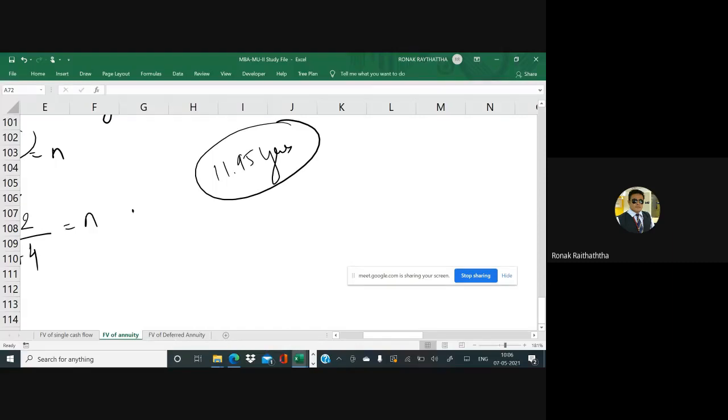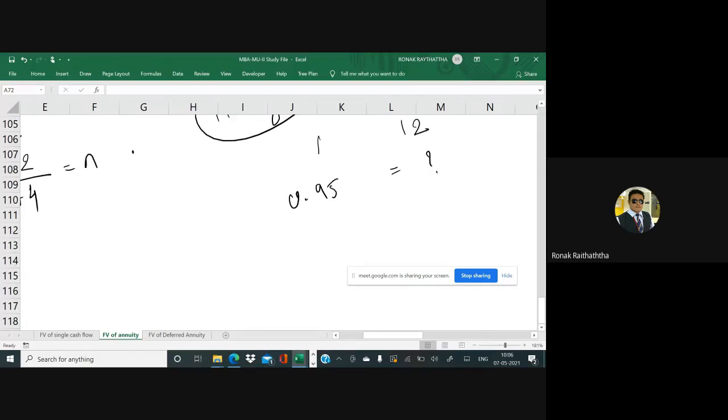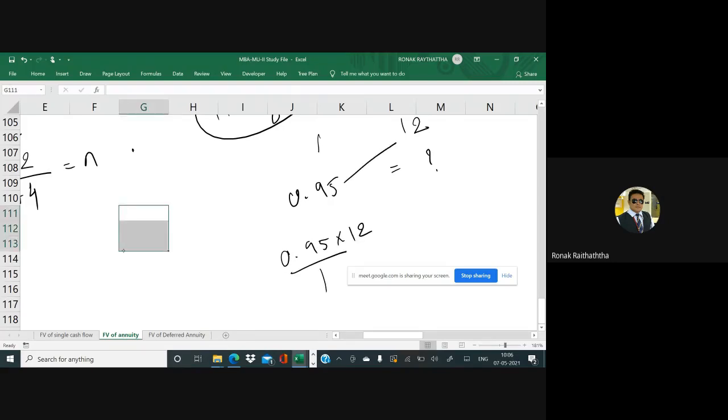In 1 year, we have got 12 months, right? So 0.95 year would be equal to how many months? So 0.95 multiplied by 12 divided by 1, the cross multiplication. So 12 multiplied by 0.95 divided by 1. You get something, and that would be the number of months. If you get a fraction further, you may convert that fraction again into number of days. Then some people will go from days to seconds, to microseconds, and that will go on and on. So let's limit it up to number of days, right? You may do it again just for better clarity and understanding.